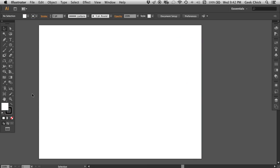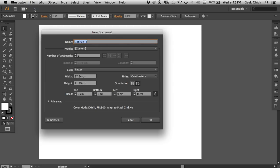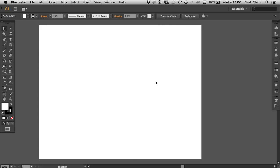So if you just started off by clicking on the File menu, then New, right, then just to start off, just make sure you select a letter-sized artboard. Landscape mode is fine, and then just hit OK. I clicked cancel because I already have a document right here,